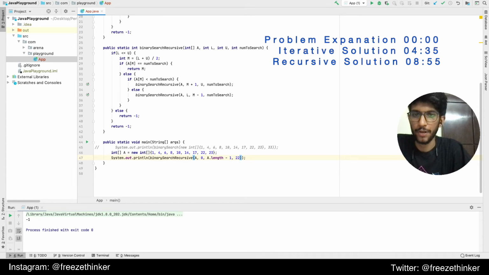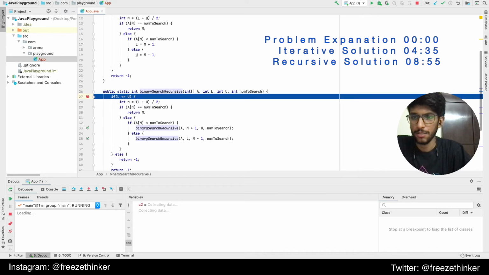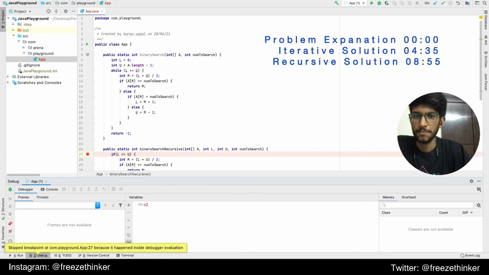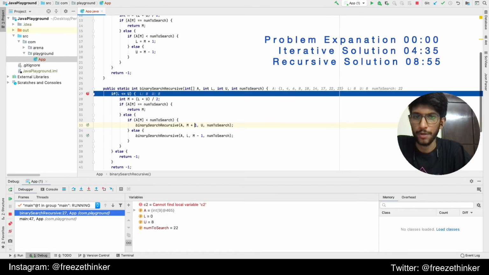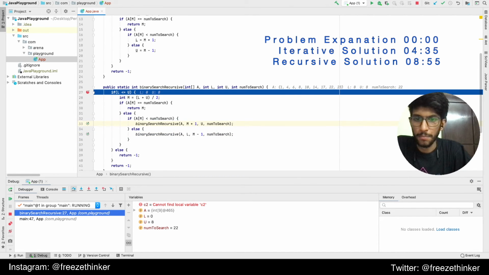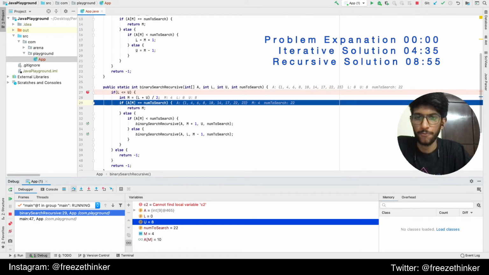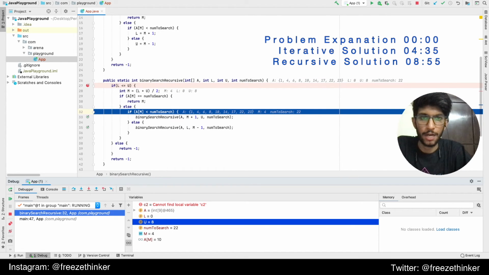Okay, strange. It's an important part to debug this also. So let's just run our loop in debug mode and try to analyze what's happening. Oops, am I not running the right app? Yeah, now this seems okay. So we start with lower bound 0 and upper bound 8. We come here, we get the m as 4. If it is not equal, so we are at 4.